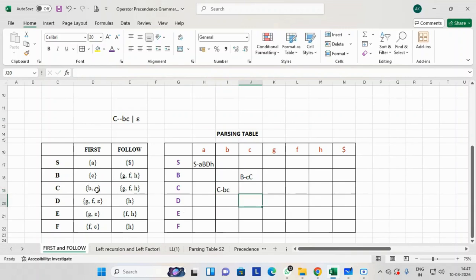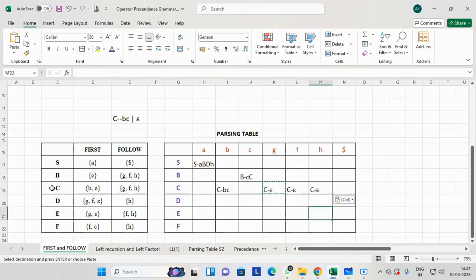Now, epsilon was added in the first because of C giving epsilon. Now, whenever we get an epsilon, if you observe, there is no epsilon column over here. Hence, whenever we encounter epsilon, we go to follow. And in all the variables that are there in follow, I will be writing C giving epsilon. So I will be copying this over here, C giving epsilon.